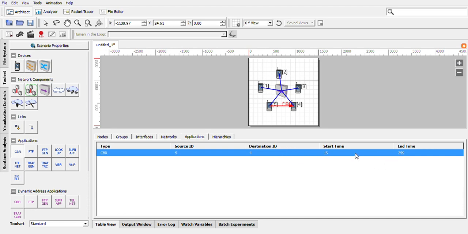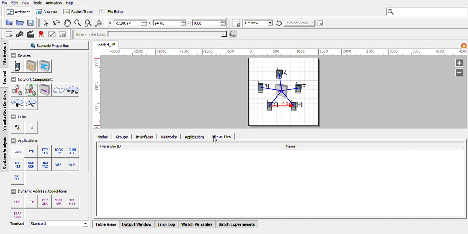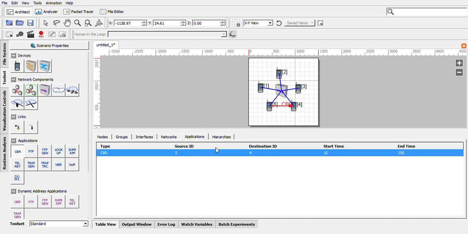Okay, I mean, this is not concerned with the simulation time. This is concerned with only sending the packets from sender to the receiver. I mean, particularly this corresponds to the application. Okay, don't worry, I will show you in a few seconds how to configure this.